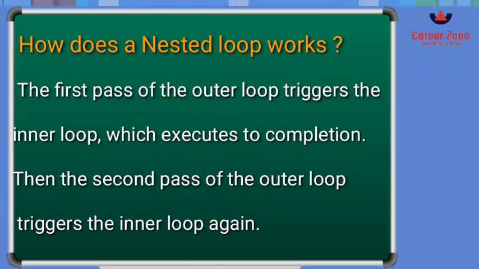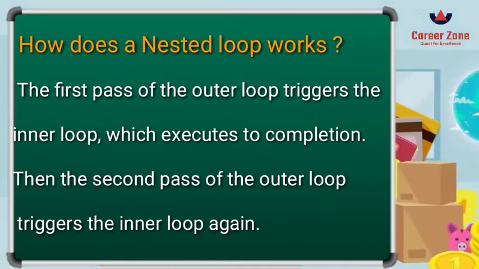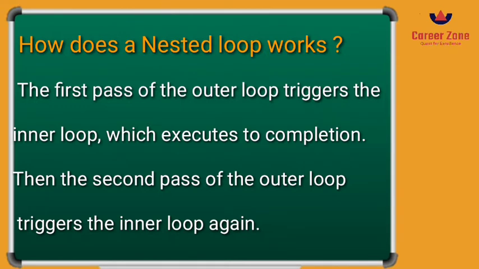until the inner loop gets false. And once the inner loop gets false, the outer loop is again updated, or you can say incremented, and the new value is assigned to the outer loop. Then again the control goes to the inner loop till it gets false. This process will continue till the outer loop gets false, and this is how you will get the output. Now let us see the example here.